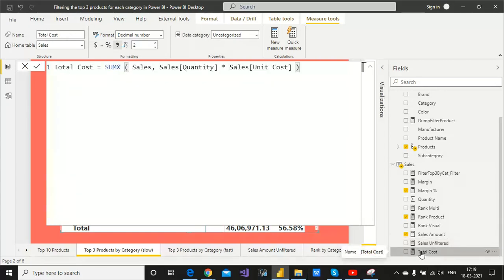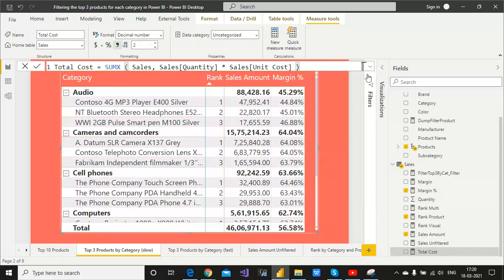Let's calculate total cost. Total cost is sales quantity multiplied by sales unit cost. Usually organizations have calculated everything, and they consider the average cost and total cost margin. So they calculate the break-even point. That kind of calculation is made per unit, and you multiply it by the product, and per unit cost will definitely be included. So these are the measures, and now let's pass the measures here.